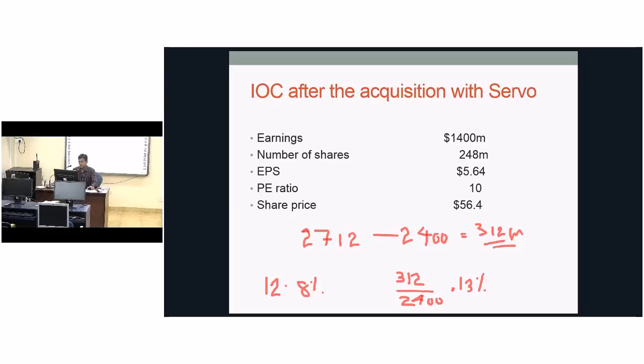Now you can see this is a win-win situation. Because of this merger, both shareholders are going to get a benefit, so therefore they will favor this merger. This is very important in mergers and acquisitions: who is going to enjoy the benefit? If you go for this kind of deal, Servo will favor it and IOC can also easily get the benefit. In this case Servo benefits more than IOC, because the main reason is that IOC believes